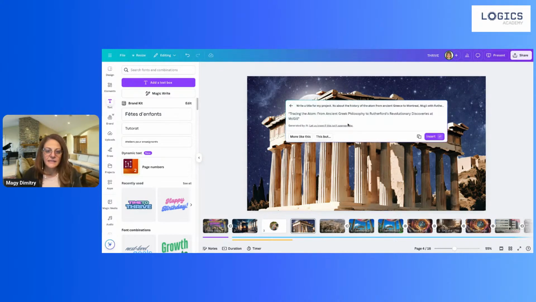So much like any generative AI, give it prompts. The more detail you give it, the more interesting the answers. It says, tracing the atom from ancient Greek philosophy to Rutherford's revolutionary discoveries at McGill. Yeah, I like that. But if you're not sure, you can just restart the prompt. You could say this, but